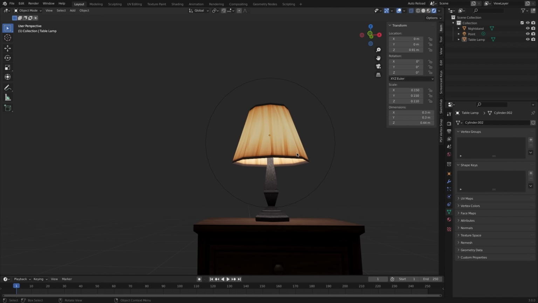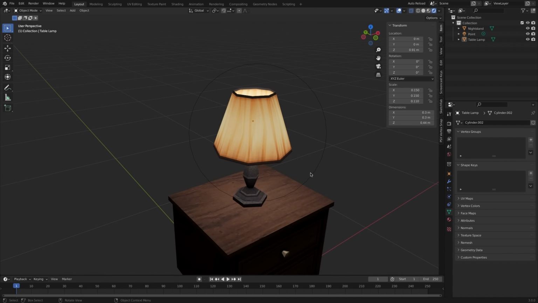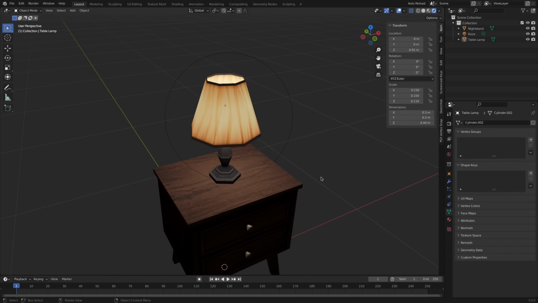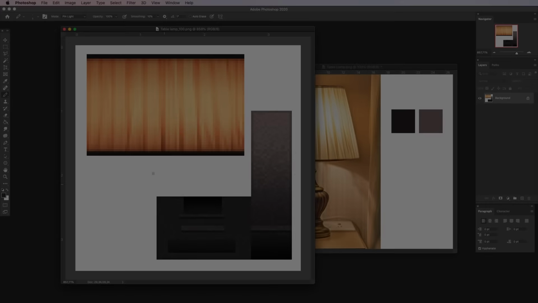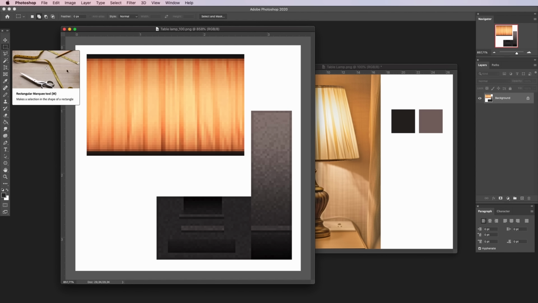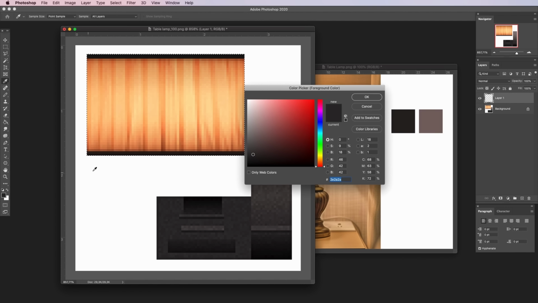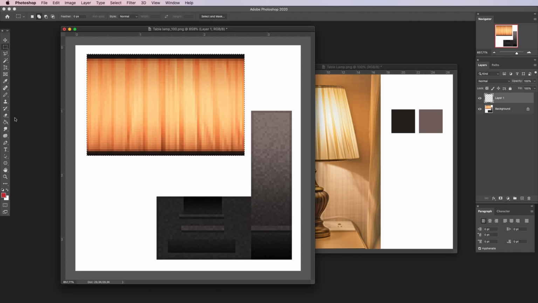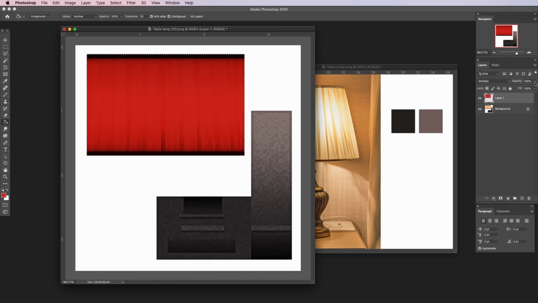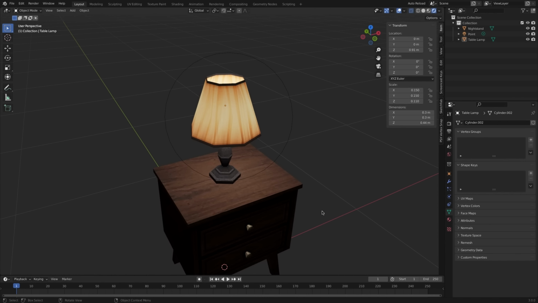I also want to tell you about the texture update. For instance, if I want to make a change or fix something in the texture again, I go to Photoshop and bring my idea to life. I want a bloody red lampshade. After that, merge layers, press Ctrl S, go back to Blender, and now to update the texture